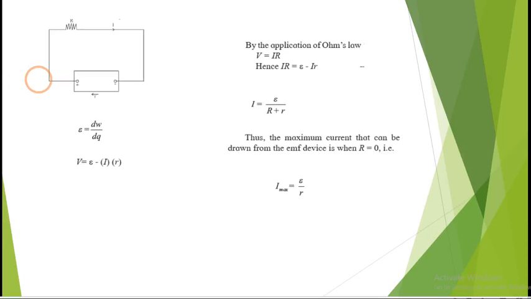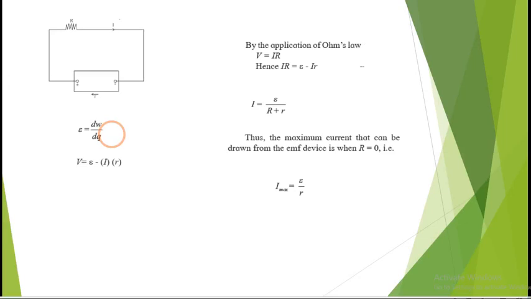It is clear that the same amount of charge dq flows throughout the circuit, including the EMF device. It enters the negative terminal and leaves the positive one. Therefore, during this whole process, the device must do the work dW on the charge dq. Therefore, EMF is given by epsilon is equal to dW upon dq.